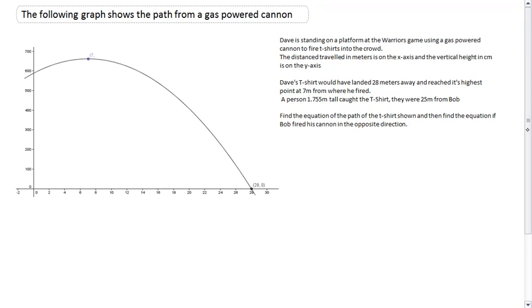Okay, so this is a question about a harder quadratic. I've got this path shown here, and the situation is that this person is standing on a platform here, and he's got a gas powered cannon, and he fires t-shirts out of it, and it reaches its peak at 7 meters from where he starts, and it would have landed at 28 meters, but then some girl caught it at 25 meters,